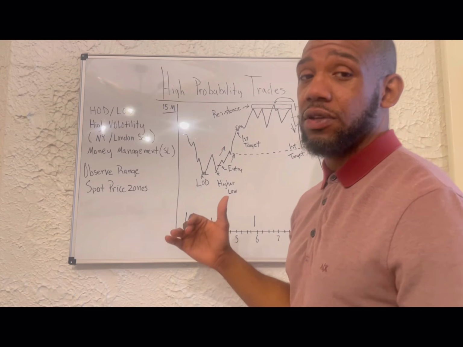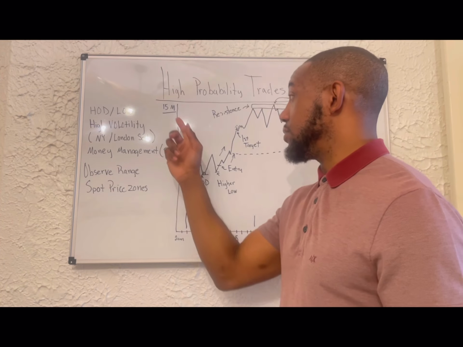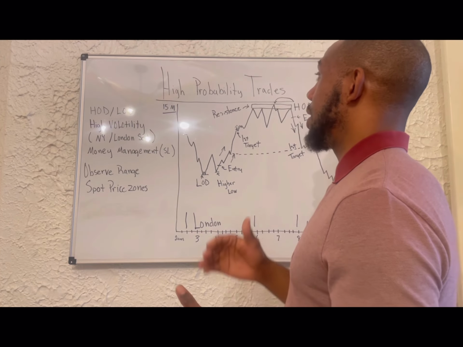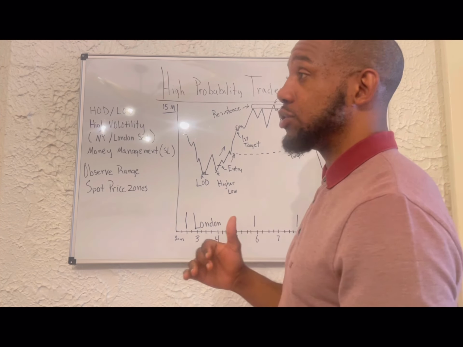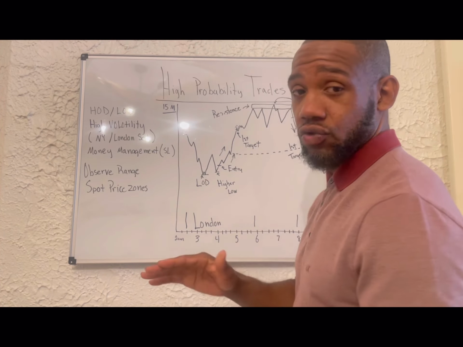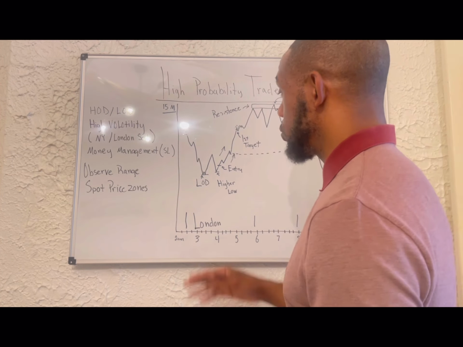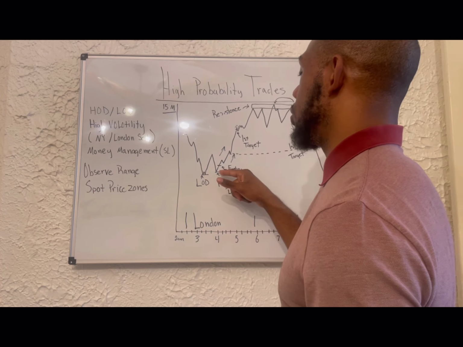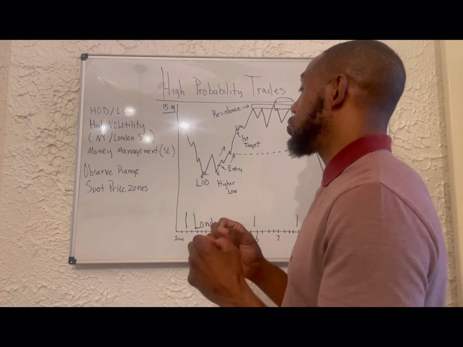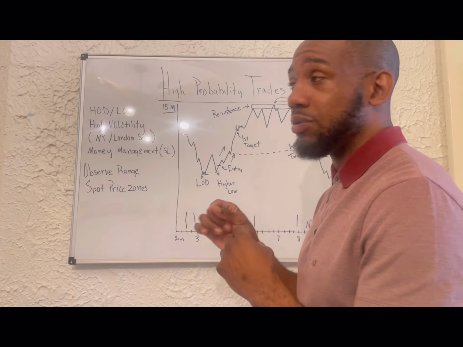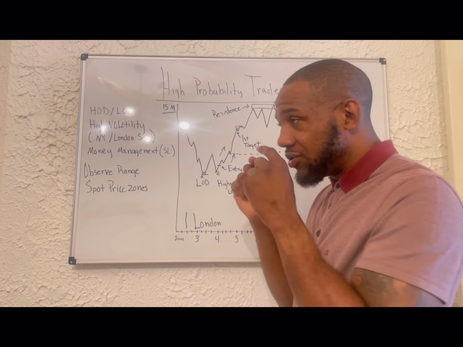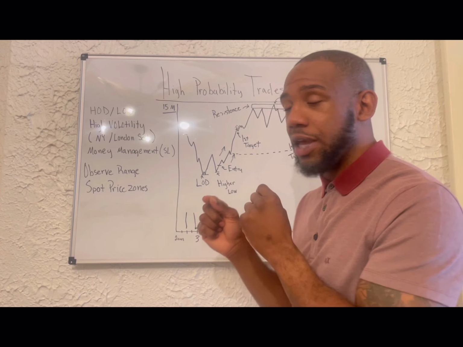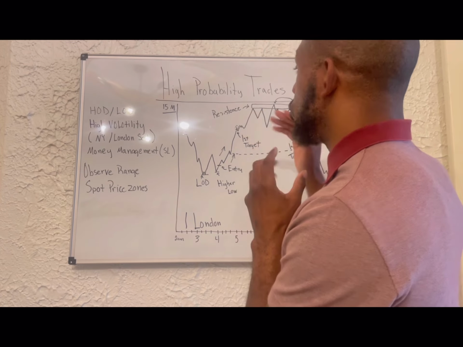for the sake of this video, I'm doing a 15-minute chart here, but I do recommend going down to the 1 minute for your entries and exits. Okay, I always go down to the 1 minute. Yes, I saw the higher low form here, but you also want to go down to the 1 minute. You'll be able to find a sniper entry to get in, but all that also goes